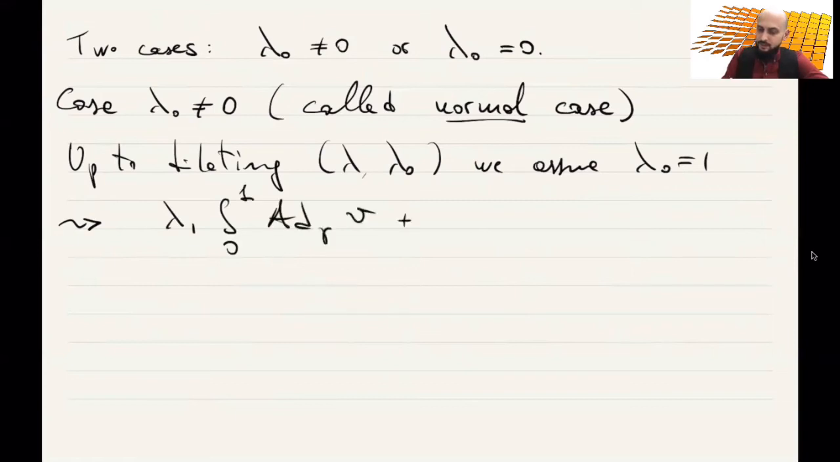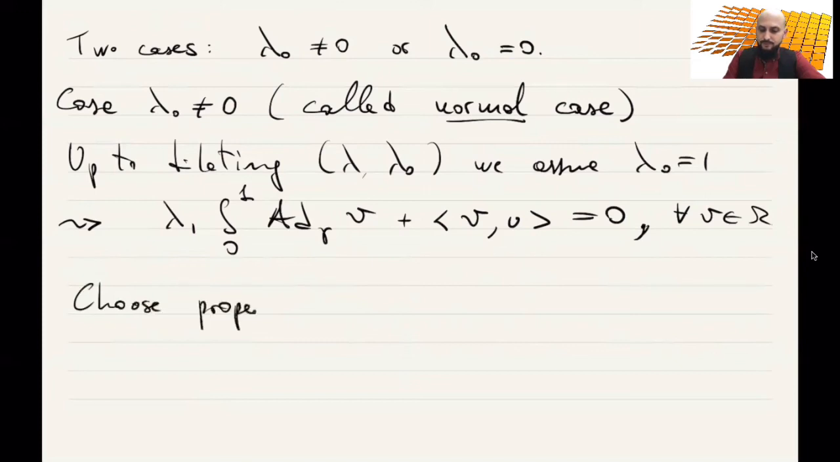plus vu equal to 0. Now this is true for all v in omega. Now let's choose properly some v's. Now I'm going to choose, I fix